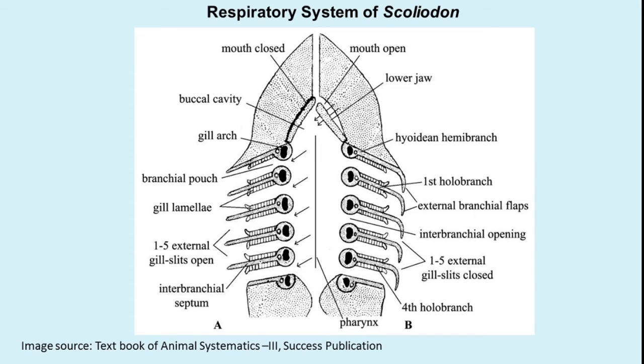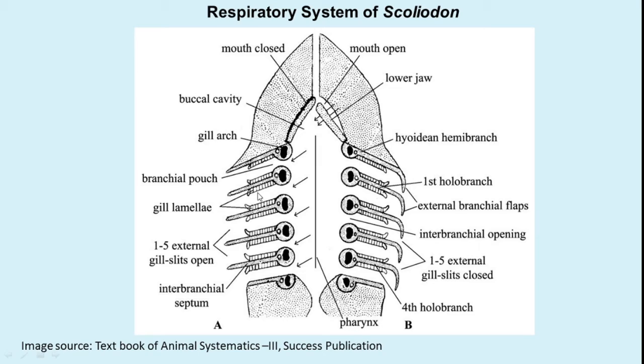Now one set of the gill lamellae is located on the anterior face of the septum. So if you see, let's consider this particular, this is half, let's consider this full one. Okay, please follow the arrow. Now this is the gill septum. Okay, and this forms its anterior face and this forms its posterior face.